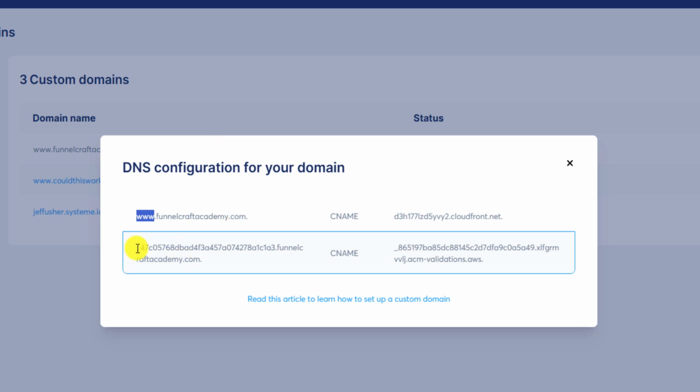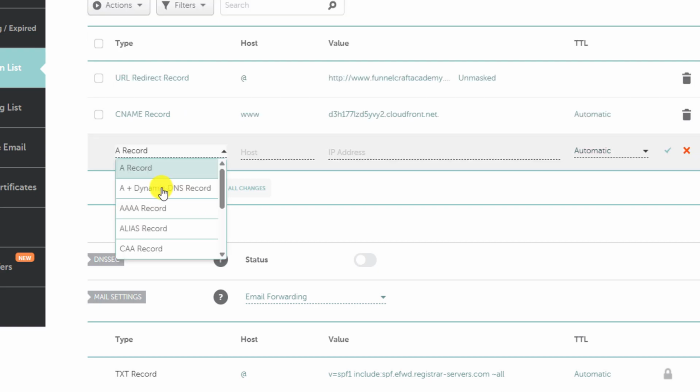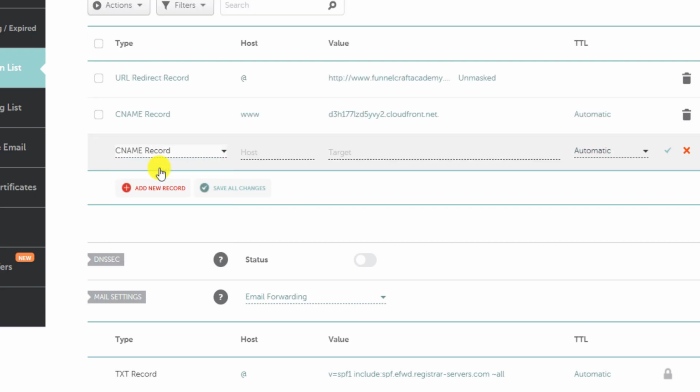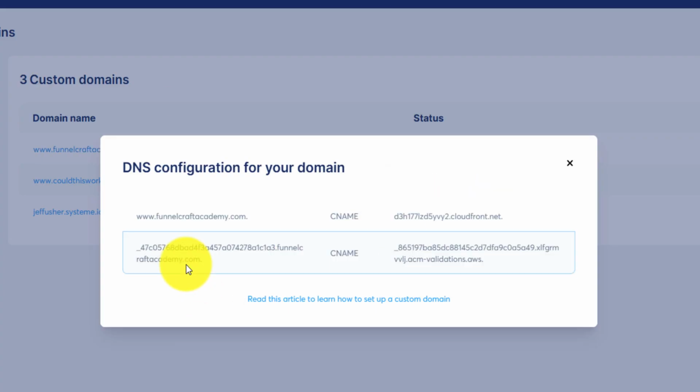Now we need to add another CNAME record. So we copy and paste this one. Go to Namecheap, add a new record. Go to CNAME, the host, paste the host in. Is the one we've already copied. And as before, when we add this CNAME value here, we only need the bit before funnelcraftacademy.com. Other registrars may require the full value, but with Namecheap, we just require this bit here, the bit before